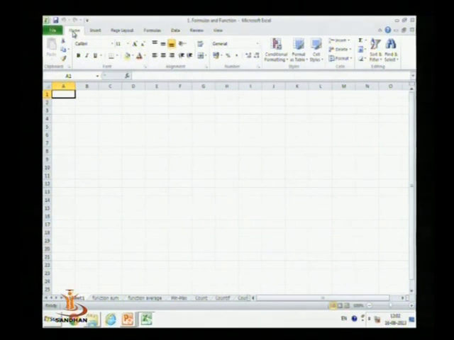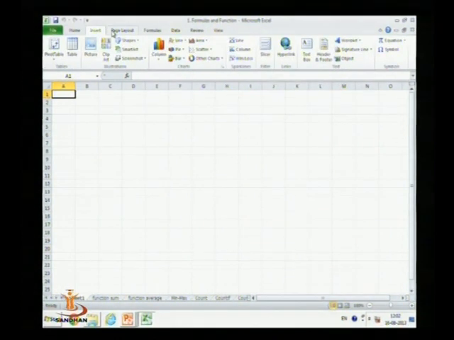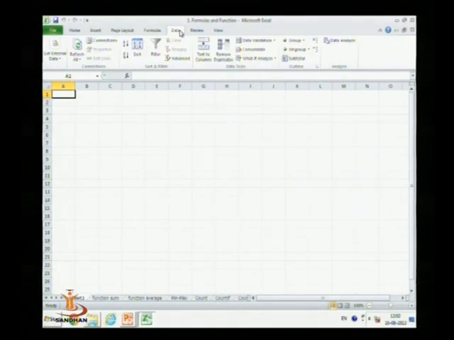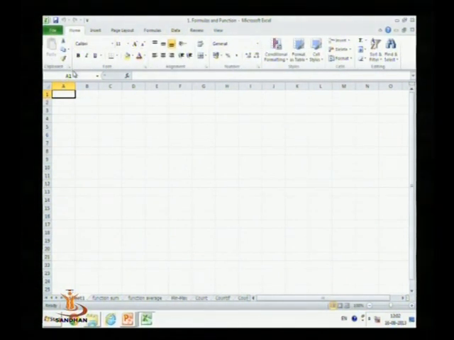There are different tabs like Home, Insert, Page Layout, Formulas, Data, Review, and View. In the ribbon there are different commands: clipboard, font, alignment, number, etc.